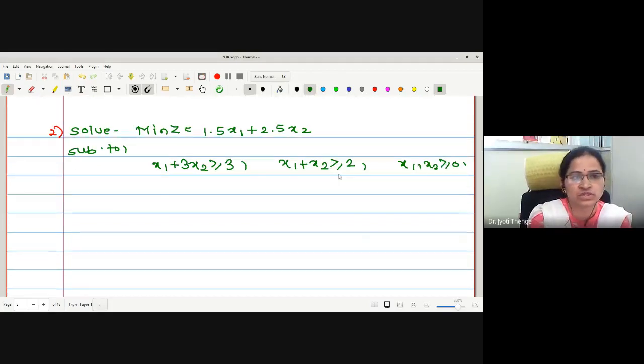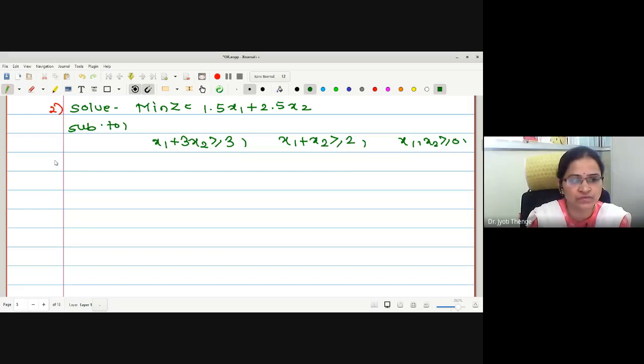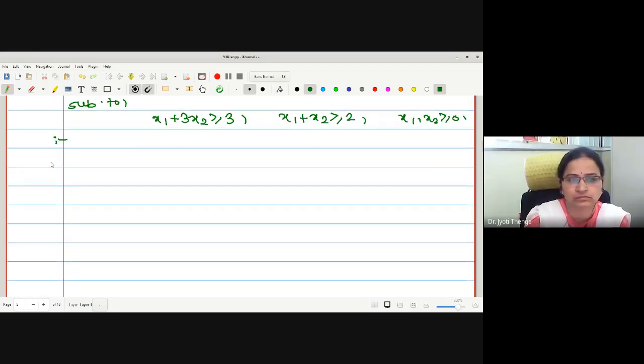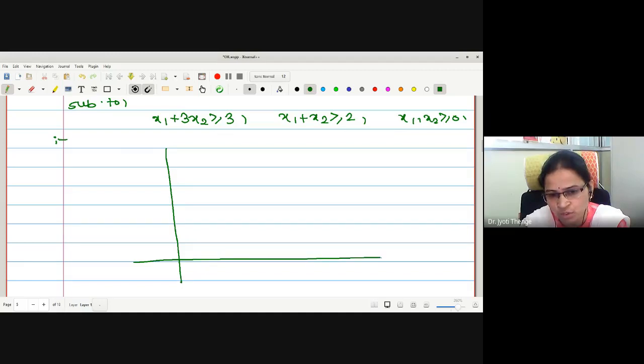Now we will draw the graph of this problem. What we have to do, considering those inequalities as equations, is first draw the straight lines and then find the region satisfied by both these constraints. Here, as the values are 2 and 3, there is no need to put a scale. Directly I can write 1, 2, 3 on the y-axis, and on the x-axis also 1, 2, 3. This is y, this is x, this is the origin. The scale is 1 centimeter equals 1 unit on both axes.